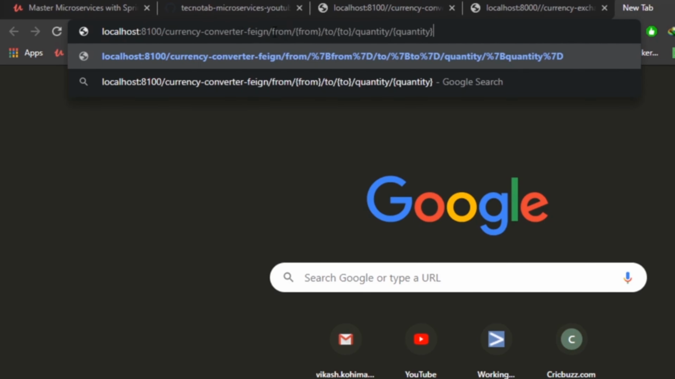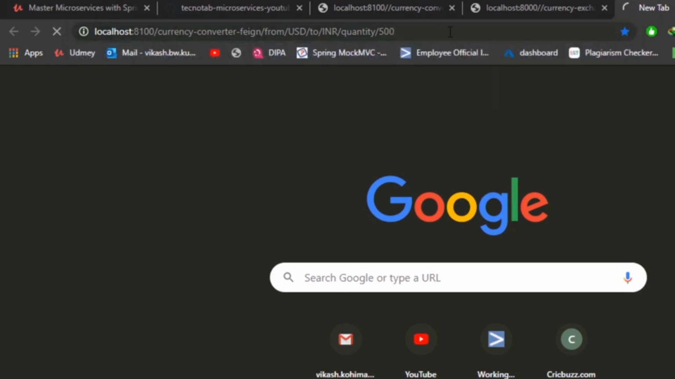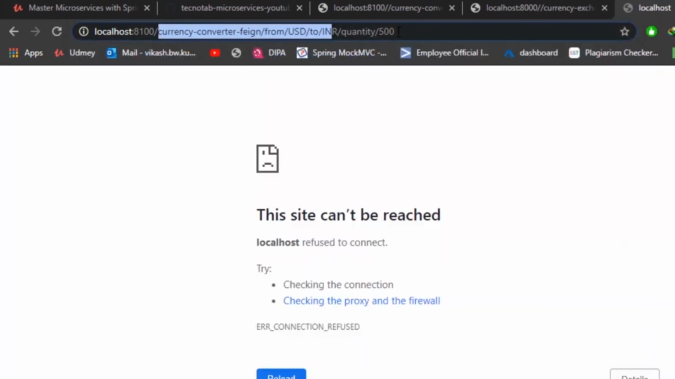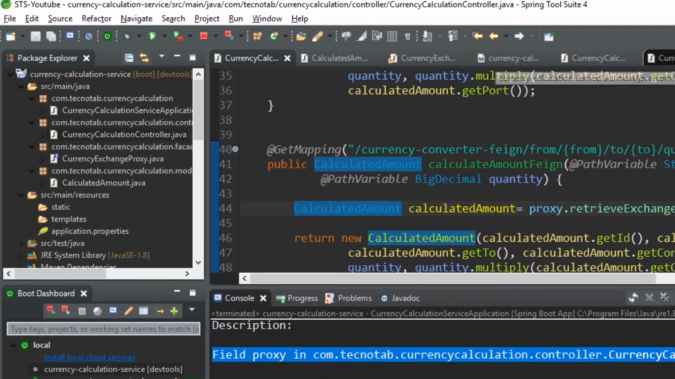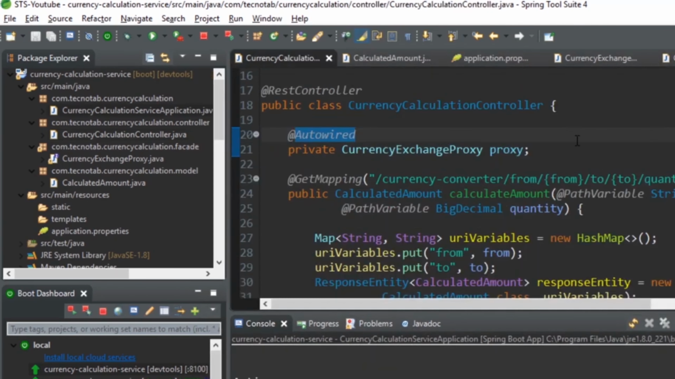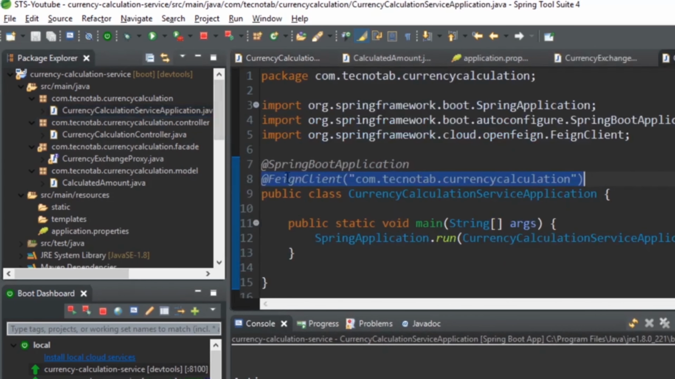So we are calling this Feign. From is USD, the 2 is INR, and the quantity is this time $500. Click on the enter. The site can't be reached, so we have missed something out here. That's why the application is not launching up. So one more thing we have to check here. In the currency calculation service application, we have given this Feign client. Actually this should be enable Feign client,